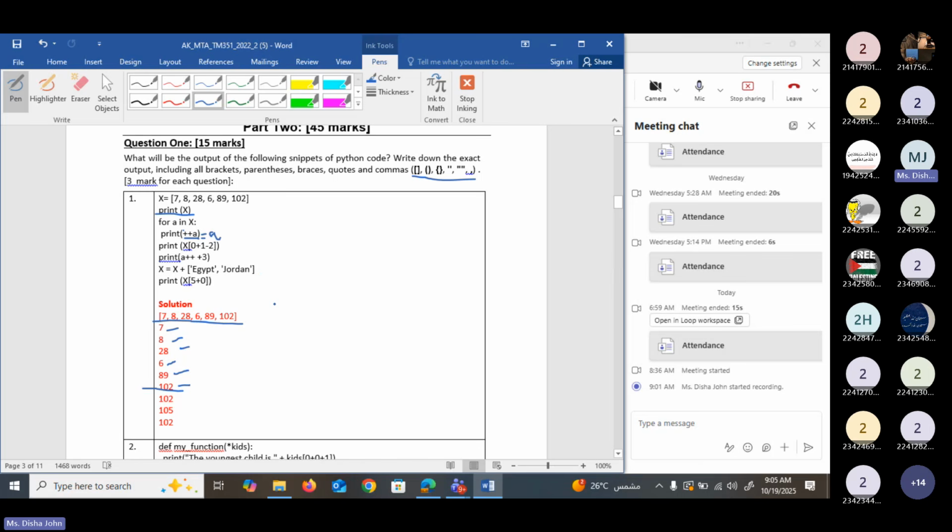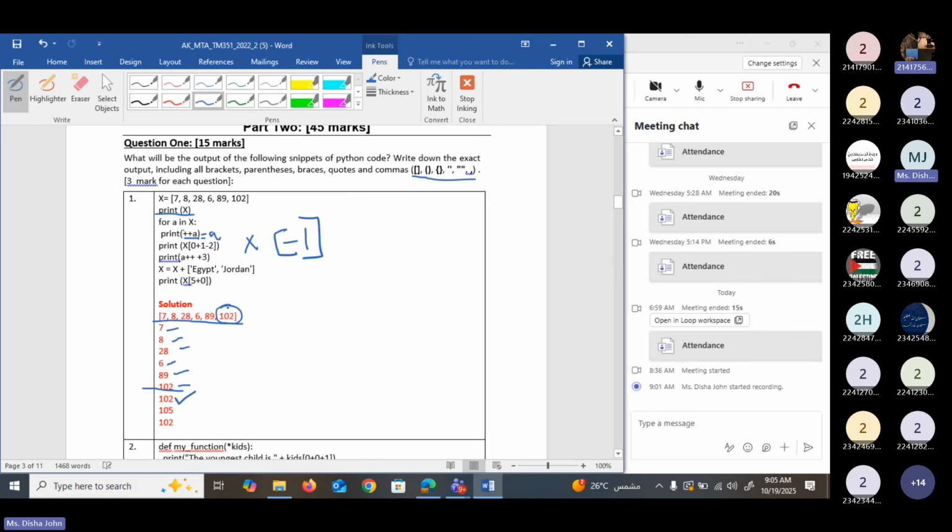So it is the same as x of 0 plus 1, that is 1, minus 2. That means minus 1. Okay, x of minus 1. So x of minus 1 means that the last element of the list. So this is the last element. So it will print that last element. Okay, clear?